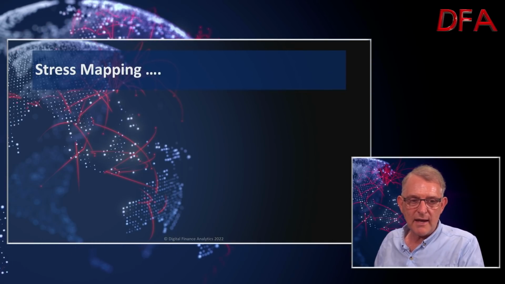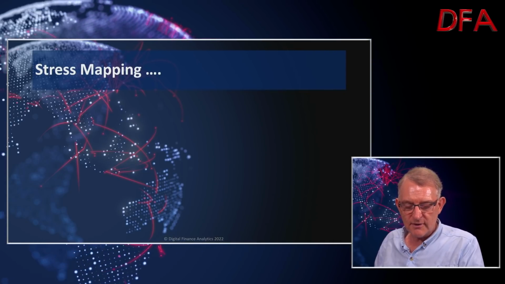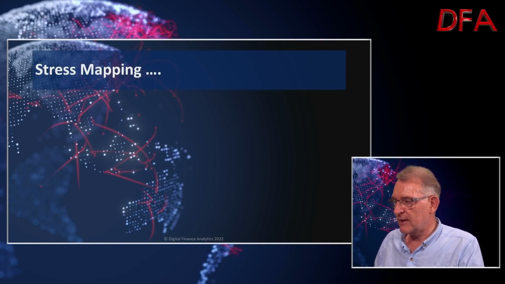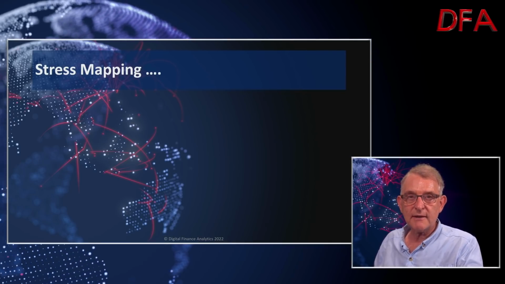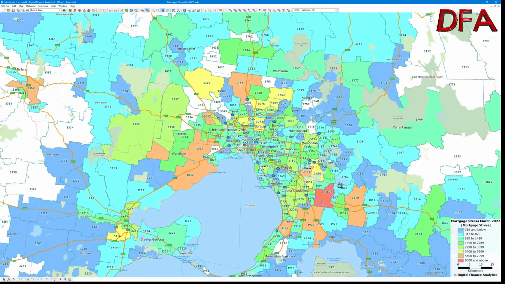All right, so with that, we might just go on and do some of the stress mapping simply because I do happen to have that information readily available. And the point about the stress mapping is that it helps me show you where the hotspots are visibly. And this is Melbourne first, Melbourne 3000, it's mortgage stress. And you can see here, remember that 3806 postcode and 3805 postcode that I mentioned earlier on? Well, it's sort of there, right? So that's a big splodge. And that splodge is the high